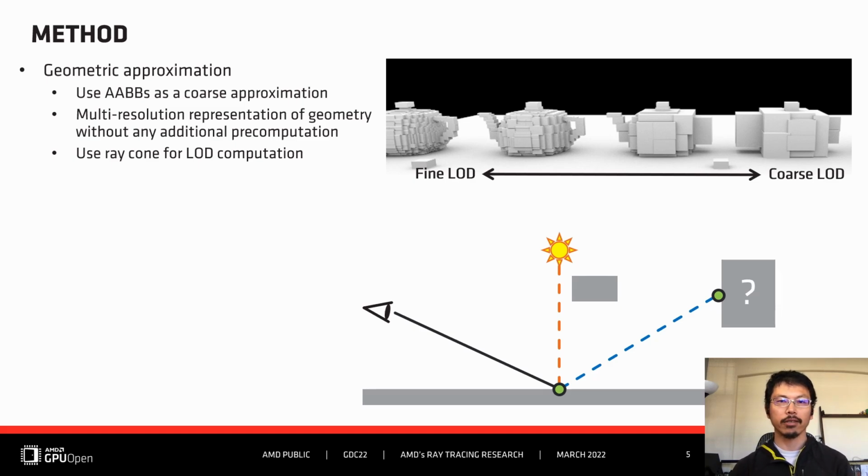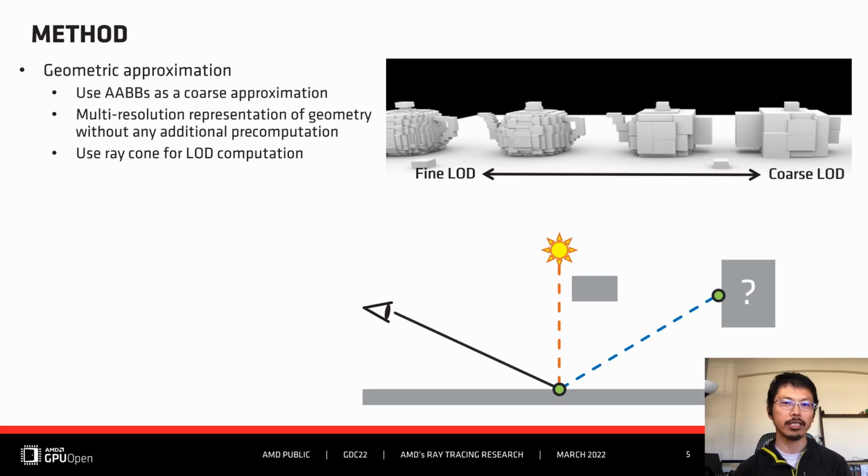Let's look at the geometric representation we propose. We use AABBs in BVH as a coarse approximation of the scene geometry. In BVH, we store AABBs in different resolutions, so it is a good fit for this. Here, we are showing teapots in different LOD levels. On the left, we have a finer representation, and as it goes to the right, the approximation gets coarser and coarser. This is already useful for some rays like occlusion rays, or rays we use for AO.